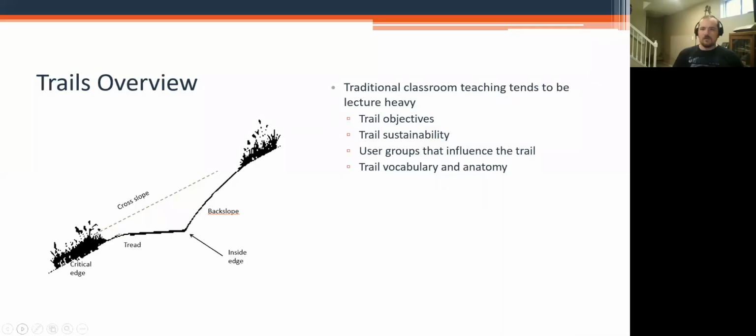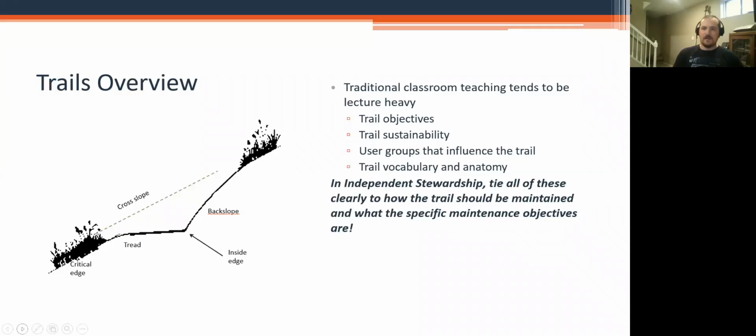But just moving on. So the traditional classroom teaching of this, if you didn't have any prep work, can tend to get pretty lecture heavy, whether you have a PowerPoint or whether you're moving through the manual. I understand that there is some need to present the concepts and then go out on the trail. I've seen some people successfully do it all on the trail, especially if folks have their quick reference cards or their manuals with them. It kind of depends on the comfort level of the instructor and what that instructor likes to do.